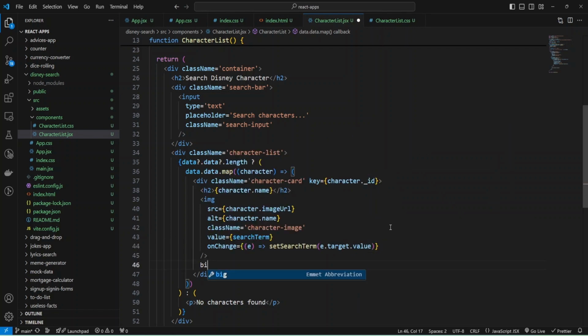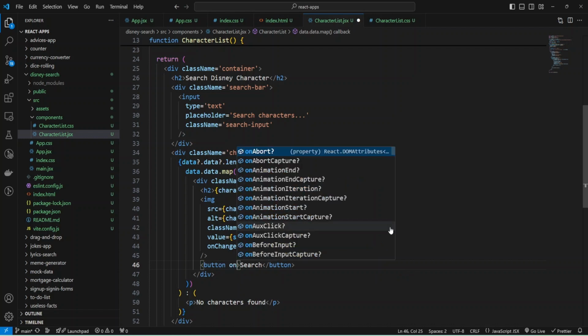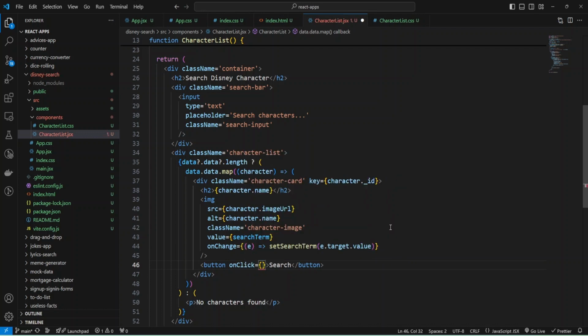Okay, and also we need to add button, and button with text search, and we can add on click event handler, and when we click on the button, I'm going to change this search.